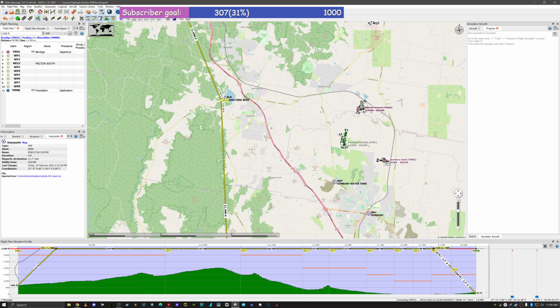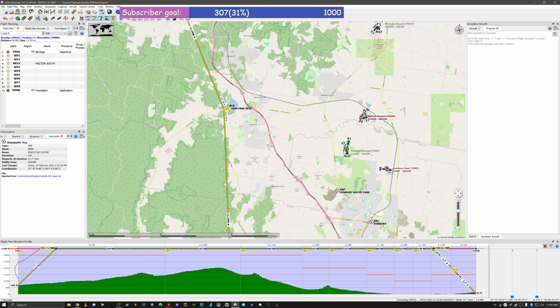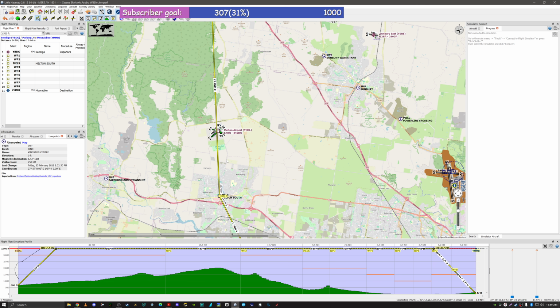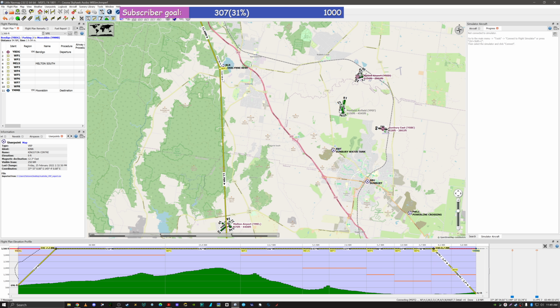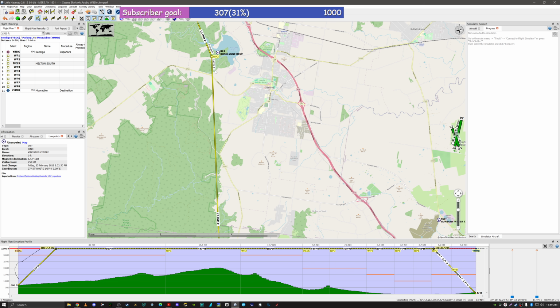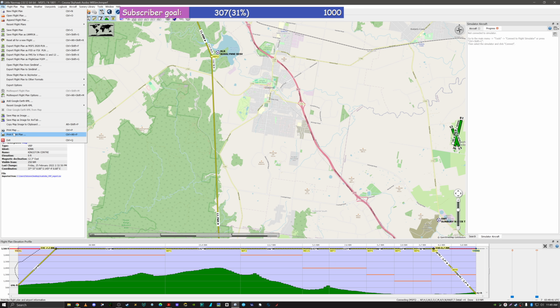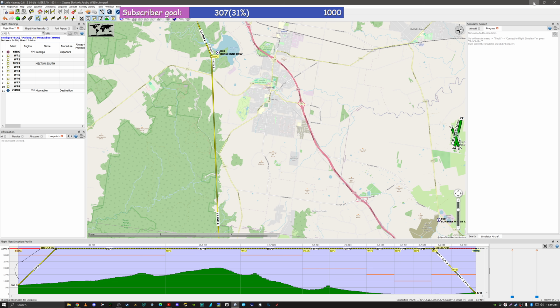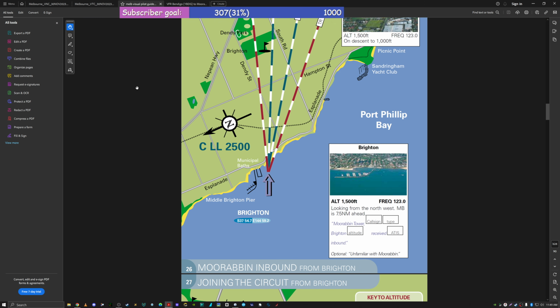So there we go, you can see I've planned to go to Roslyn Reservoir, and then track direct to Melton, and it shows you there the magnetic heading you take up. Now, once you've done that, you can print the flight plan, not the map, but print the flight plan, and what you do is you get